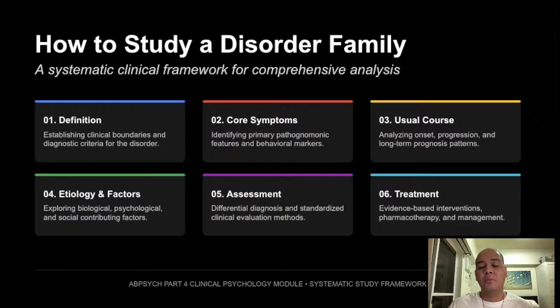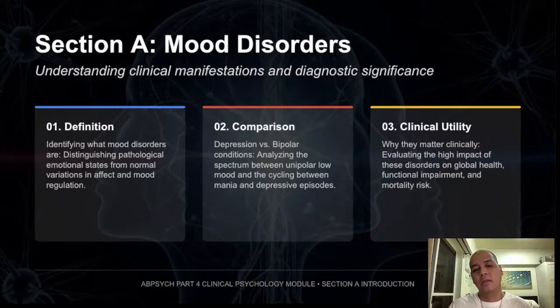Low energy can show up in depression, burnout, grief, trauma, even anemia, and a lifestyle built entirely around caffeine and regret. Poor concentration can appear in anxiety, ADHD, depression, sleep deprivation, and stress. So, the symptom alone is not the whole story, the pattern is the story. And if you remember that, you will understand abnormal psychology much more clearly and much more easily. So let's talk about the first section, mood disorders.